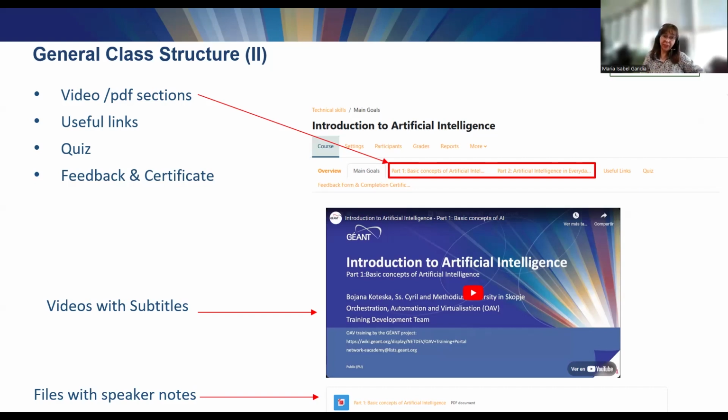As well as the learning units on Moodle, we have the useful links when we finish, and then the video tab, and also a quiz normally. So most of the units have quizzes. Some of them do not have a quiz, but most of them have it. And then we ask you for feedback and certificate. And we have the feedback as something mandatory right now to have the certificate, because it's important for us to get information about the feedback for us to improve.